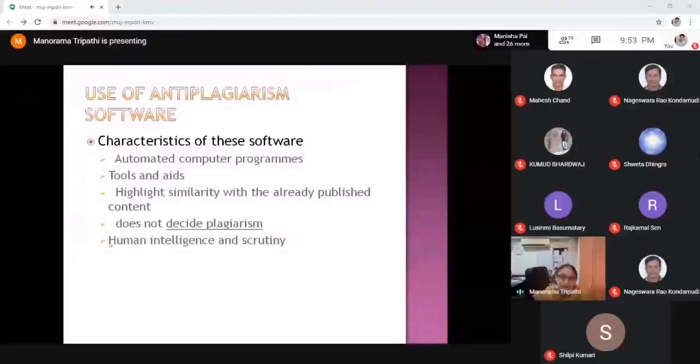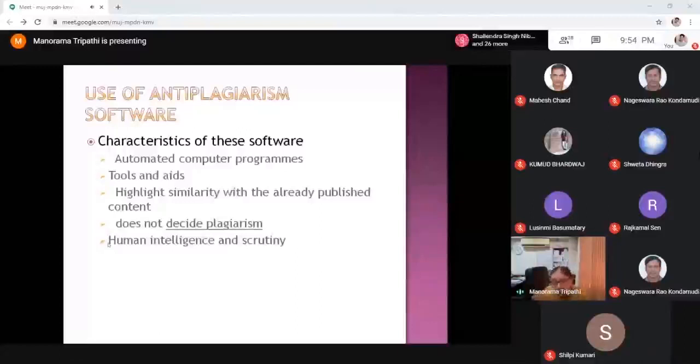And let me tell you, none of these software specifies the amount of plagiarism done. It does not decide plagiarism. It simply highlights the percentage of content which matches with already published sources. So ultimately, the teacher has to take the final call to decide whether the content is plagiarized or innocuous.